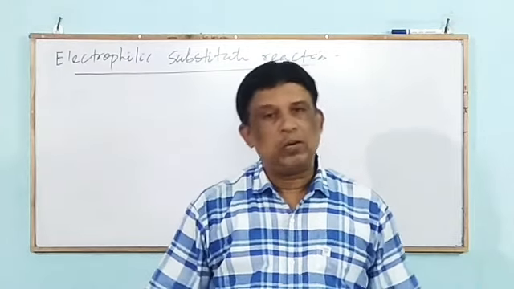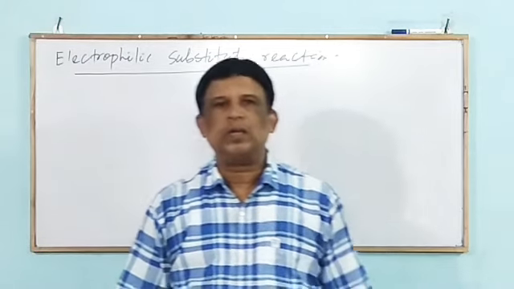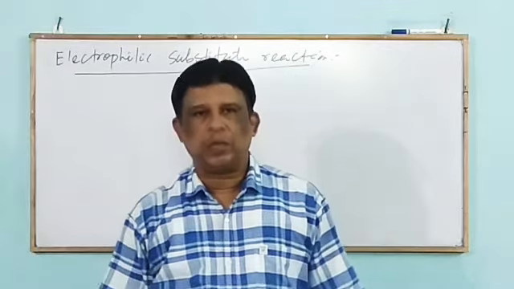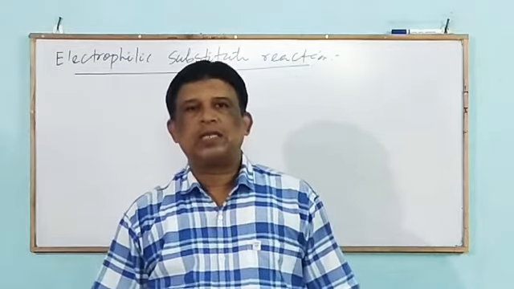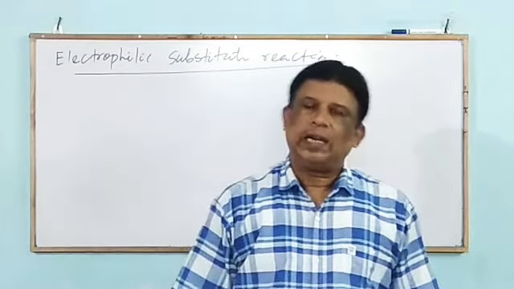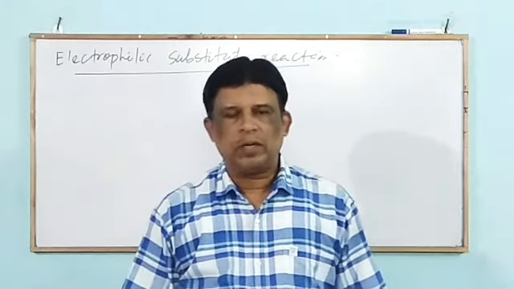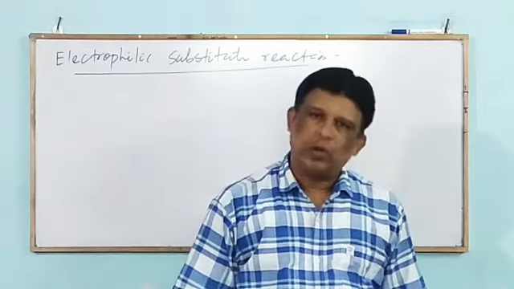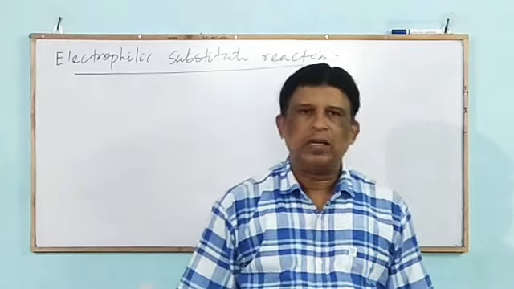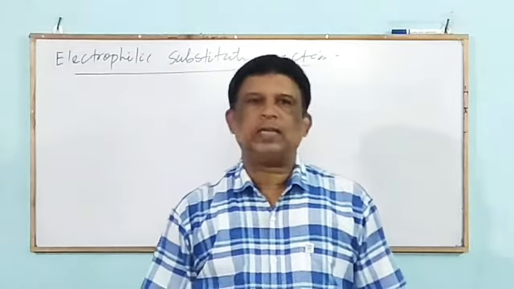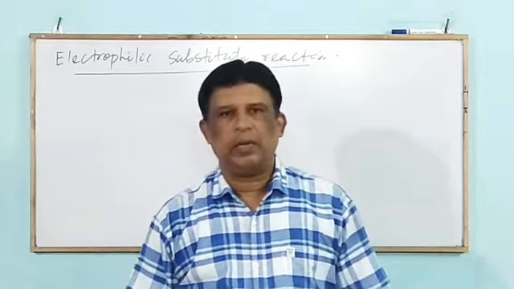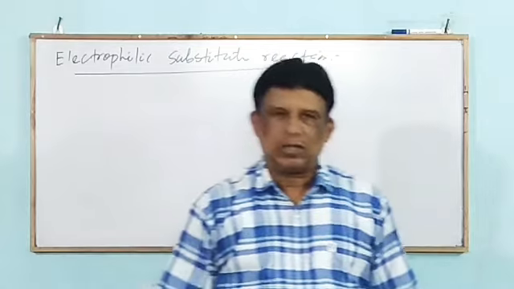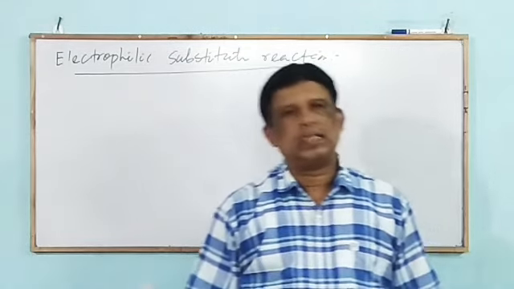Due to the strong activating NH2 group, it is difficult to stop at the formation of a monosubstituted product. Generally, it reacts quickly to form a tri-substituted product, but sometimes it is necessary to get a monosubstituted product. That's why it is necessary to check the activity, to reduce the activity, and it is possible by acetylation, means reaction with acid chloride or acid anhydride.